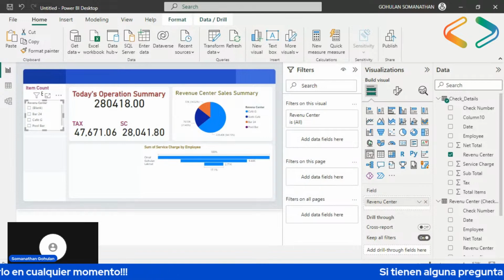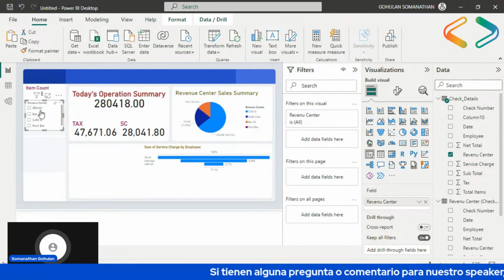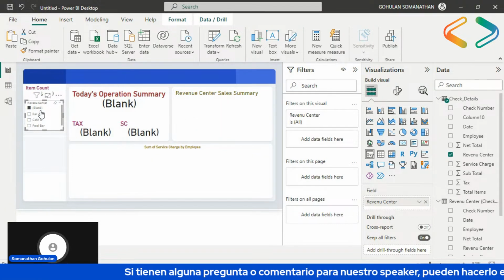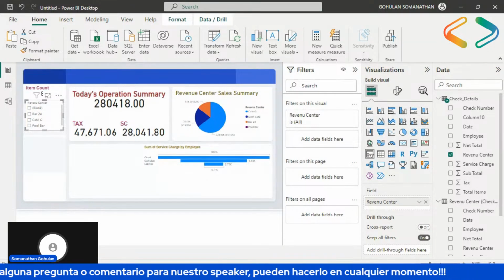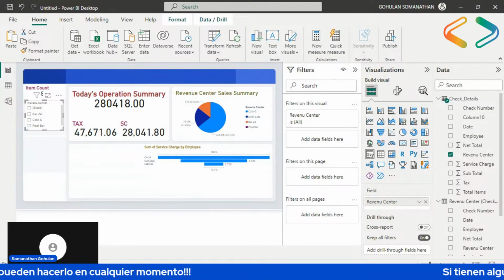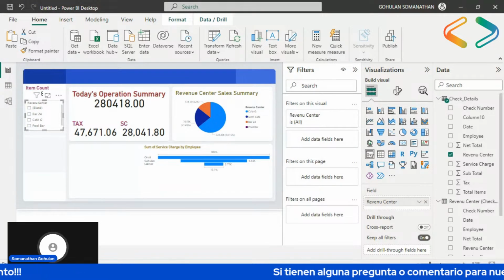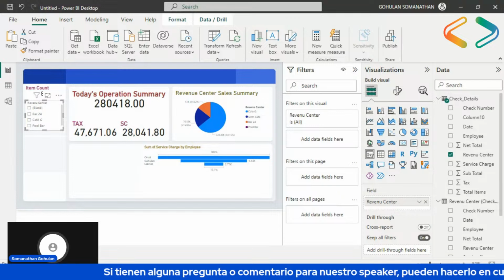Oh, I'm typing somewhere. So, what is a slicer? In Power BI, a slicer is a user interface element which allows users to filter the data displayed in a report or visualization.